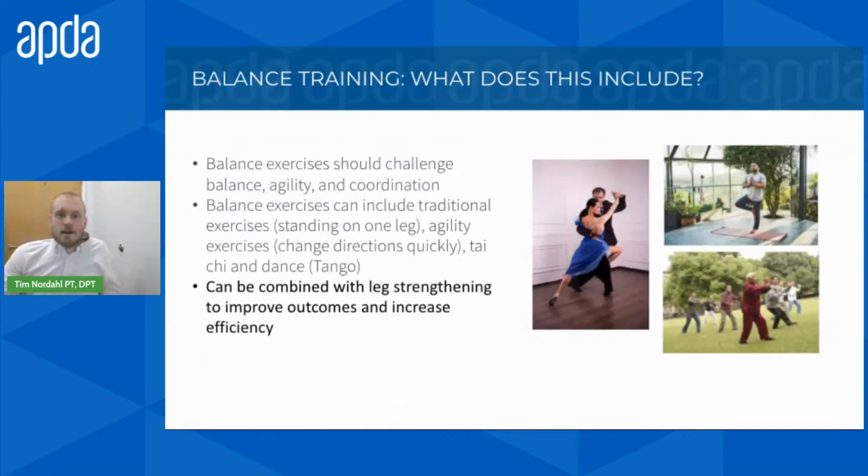So now our next category is balance training. Parkinson's disease can have a number of effects on your balance, and we did do a whole series on the Let's Keep Moving webinars. This was about a year ago. If you'd like more detail about the ways that Parkinson's can affect your balance and what you can do about it. But for now, you can think that because Parkinson's can affect different aspects of your balance, it's important for